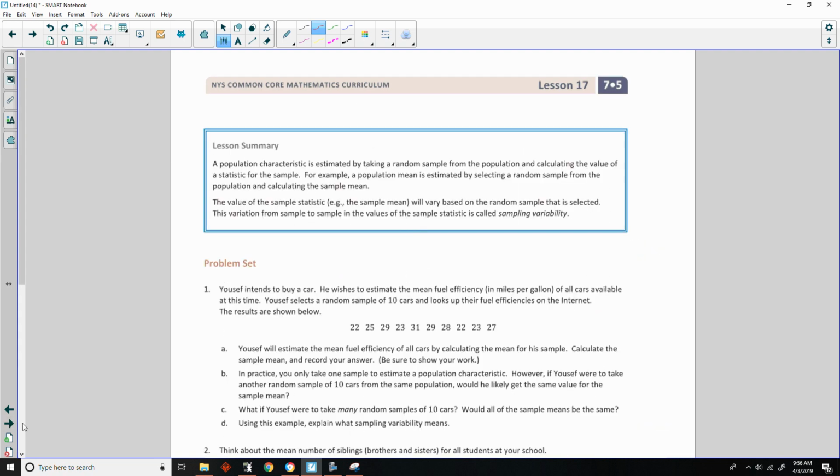Okay, and I believe that is the end of lesson 17. Review the lesson summary and go do your